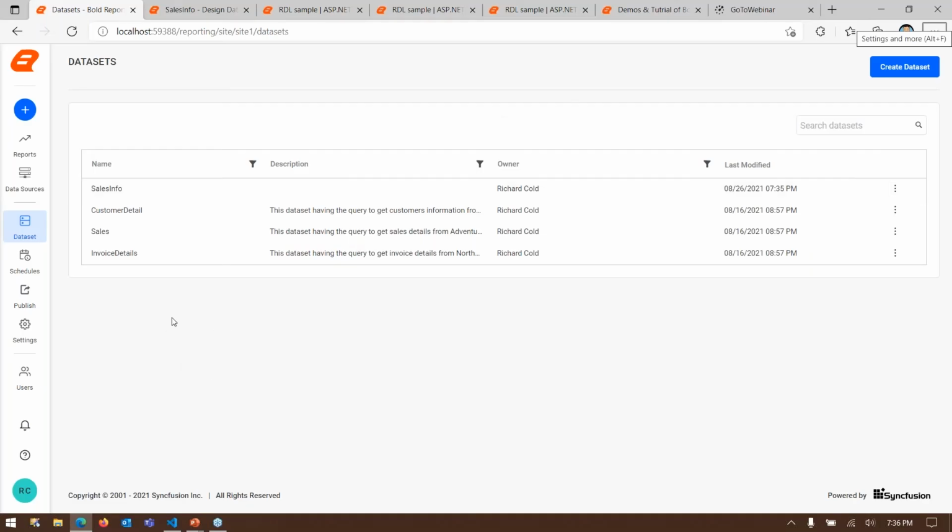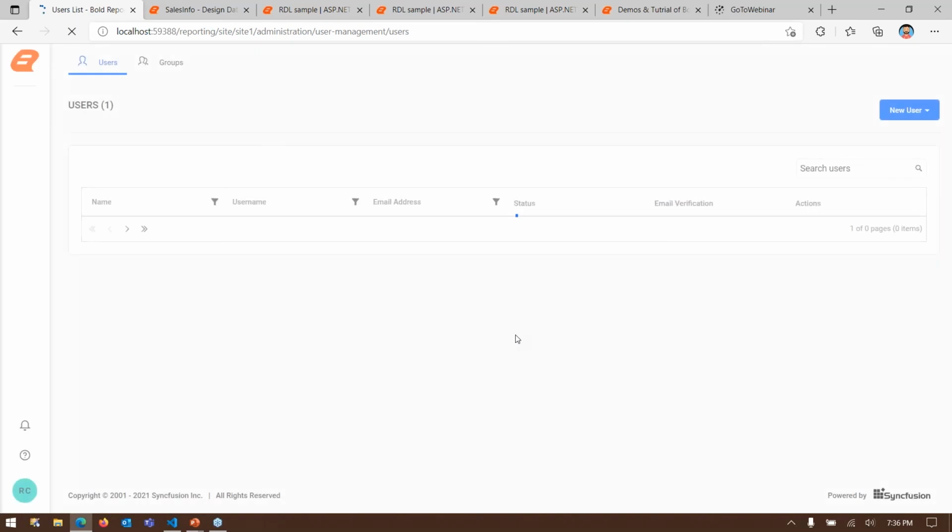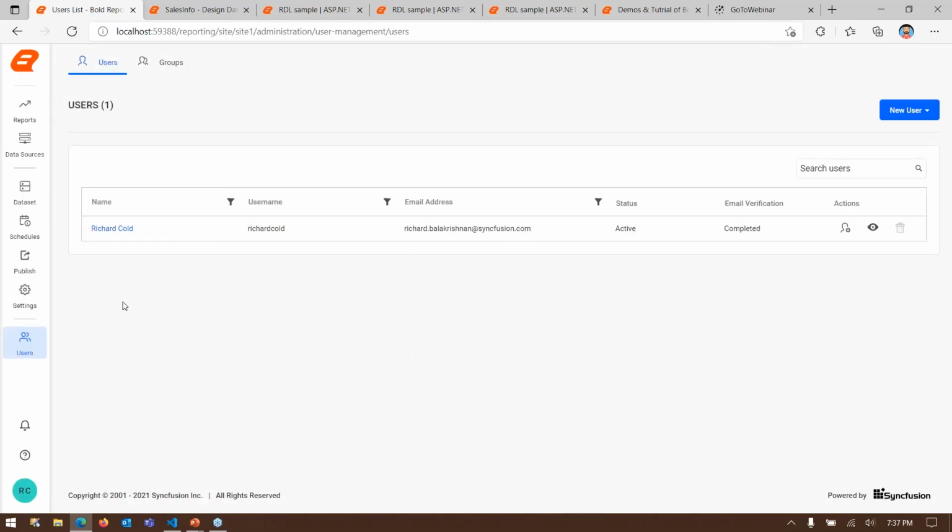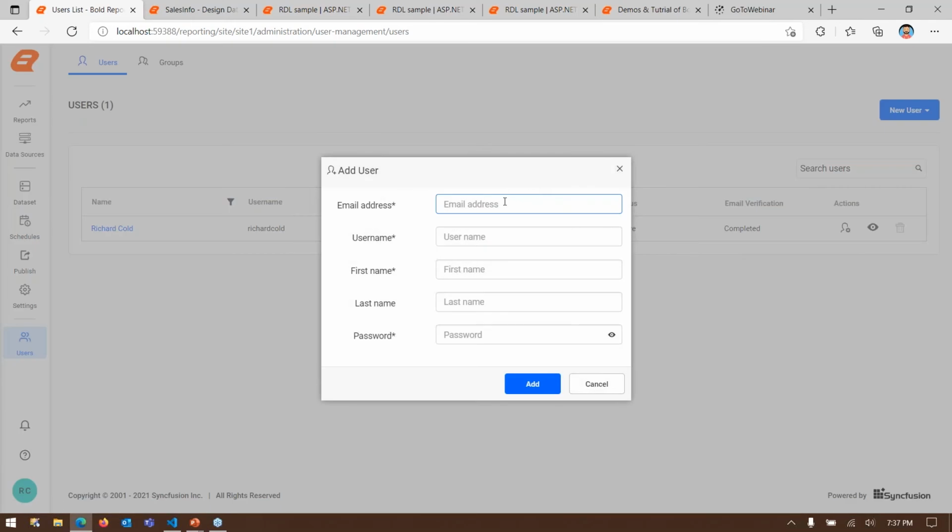And let's now create a user. To create a user, let's click on users. It will load the user page. We'll be displaying the list of users. I don't have any user. I'm just the admin. To create a user, let's click on new user and a user option called add user. Click on that. To add a user, we have to provide email address, username, first name, last name as optional field, and password. Let's do this one now. John.